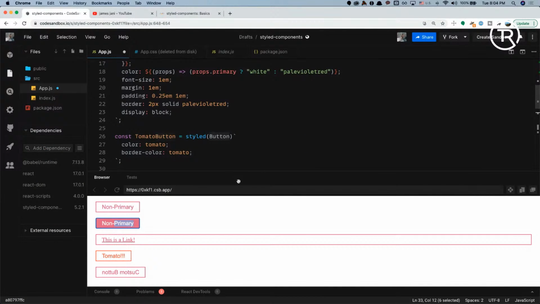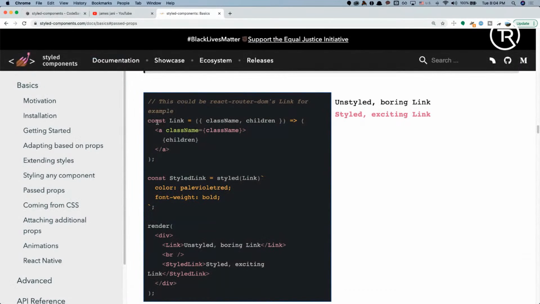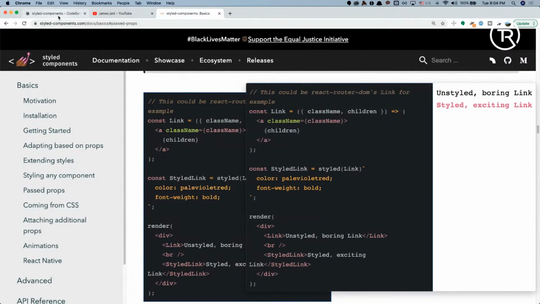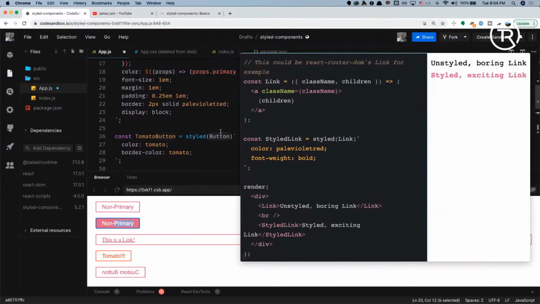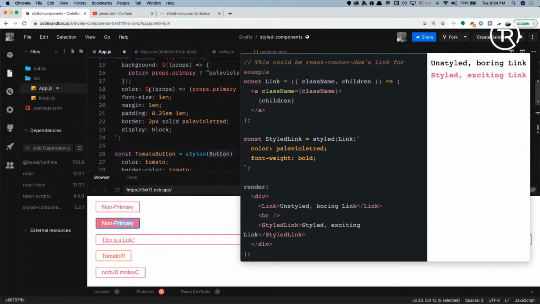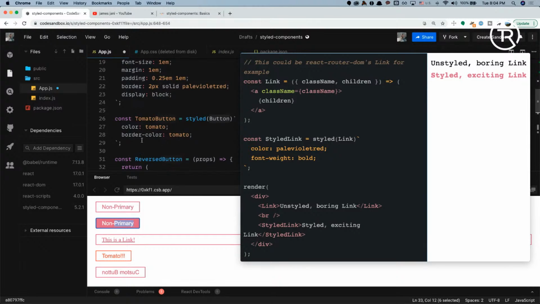I'm trying to compare how this usage is a little bit different. So I'm going to take this screenshot again. In this tomato button, we adopted the styles of the button, and then we added our own styles here. But in this case, the link component has no styles. But we create a component called styled link that will adopt the style, not the style necessarily, but it looks